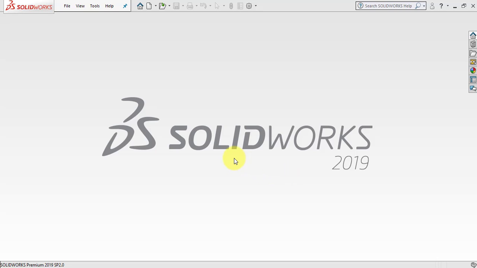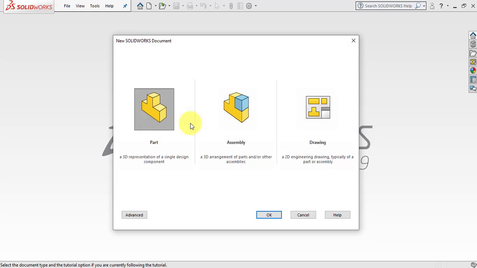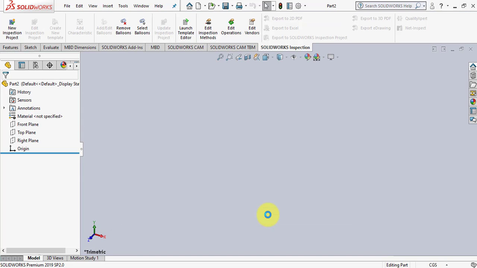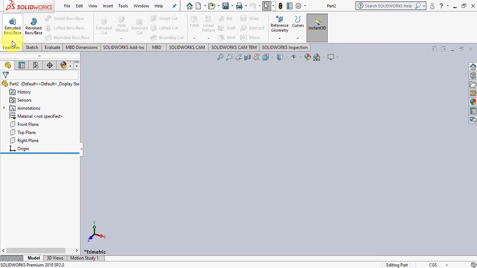In today's video we'll discuss some features and how you can use them in your part documents. So I'm going to create a new part document, and today we're going to be using the Extruded Boss/Base feature. This feature can be used to create a new feature that you can use as a base in your SolidWorks 3D design. To create a new extruded base feature, you need to click on this button,